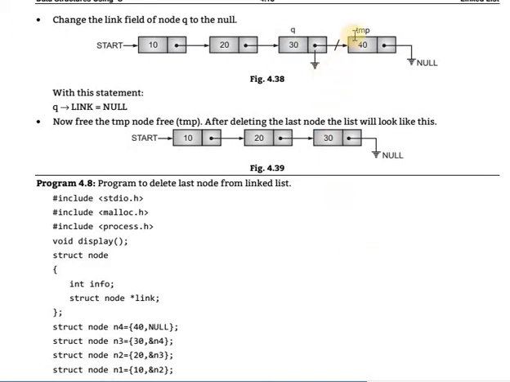Because we want to remove the last element. That's why.